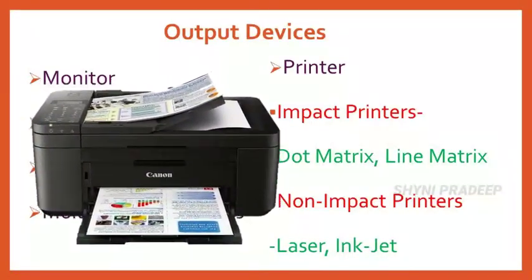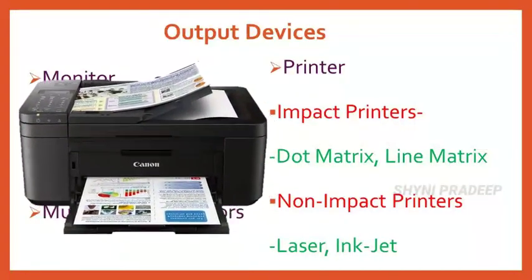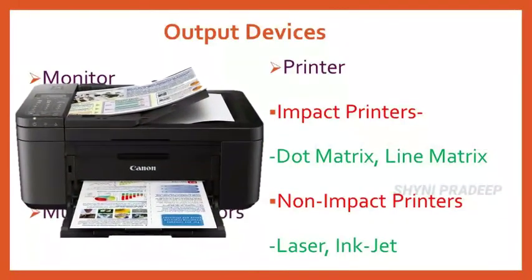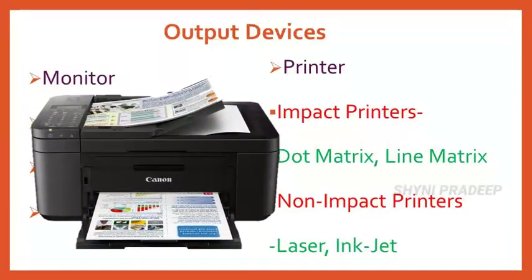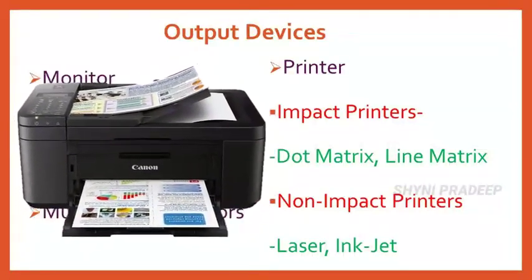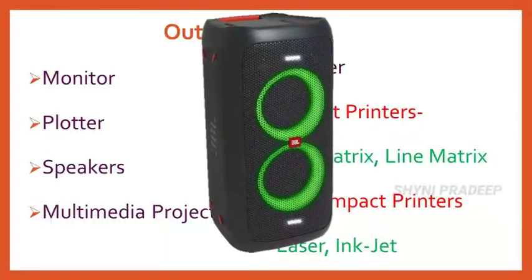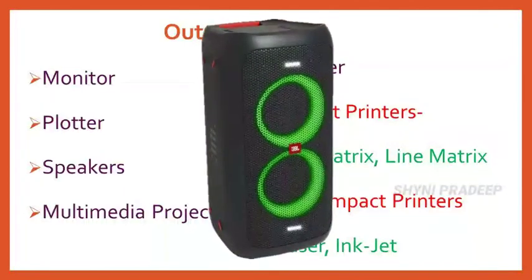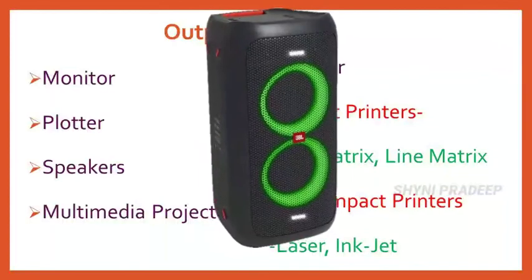And what do you mean by impact printer? The impact printers have a striking mechanism, but non-impact printers do not use a striking mechanism. Speed and quality of non-impact printers are better than impact printers. Okay. And next output device is speaker. It produces voice output, which means audio. It can be used in very common places, which means airlines, schools, banks, railway stations and so on.